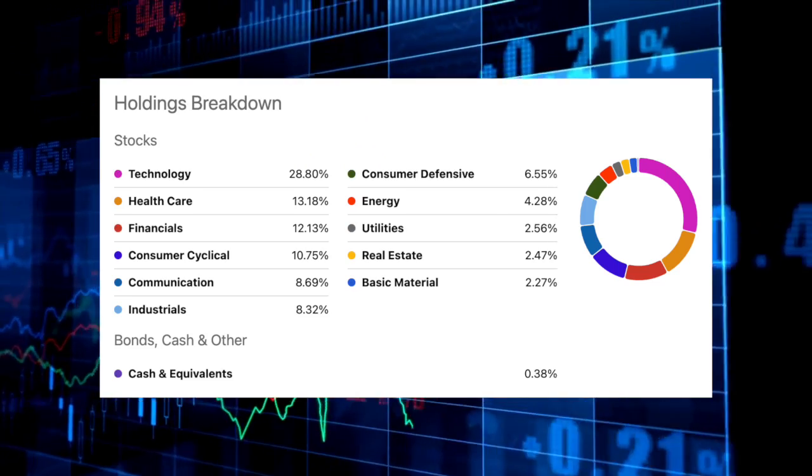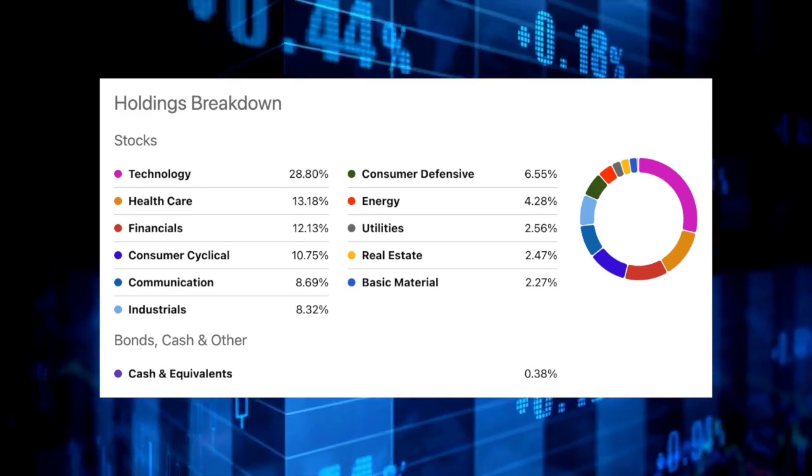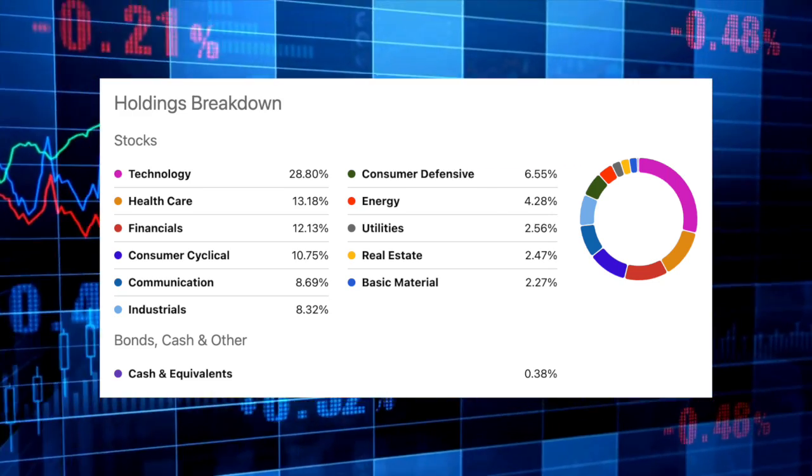Given that the S&P 500 is a very broad index made up of 500 companies, some of the best companies here in the US, you can expect a broad range when you look at the sector breakdown. But as we've seen, the technology sector has really hummed here in 2023 and is taking a larger share of the S&P 500. Let's have a look at that sector breakdown. As you can see here, technology makes up 29% of VOO, followed by healthcare, financials, consumer cyclical, and communication rounding out the top 5 sectors.